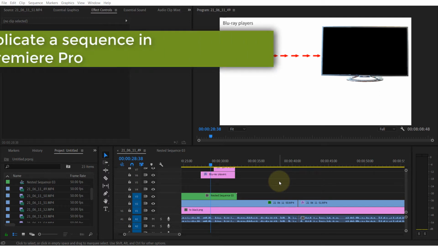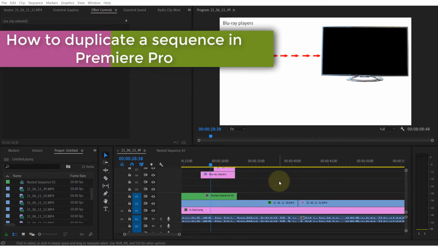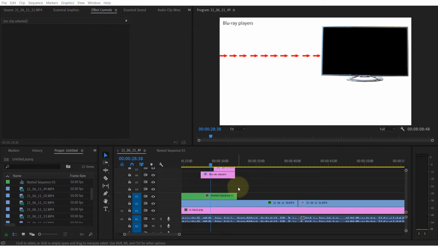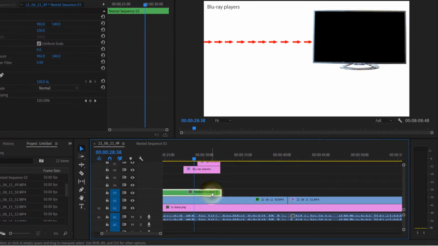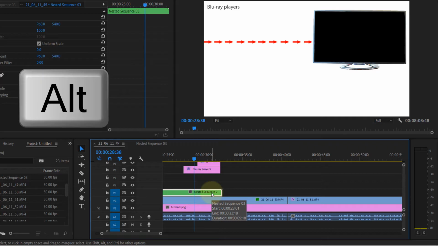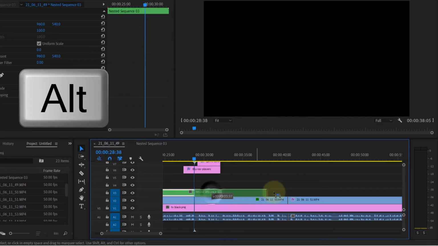In this quick tutorial, I will show you how to duplicate a sequence in Premiere Pro. So why should we duplicate rather than just copy it? For example, I got this nested sequence in here, and if I hold my Alt key and then drag it